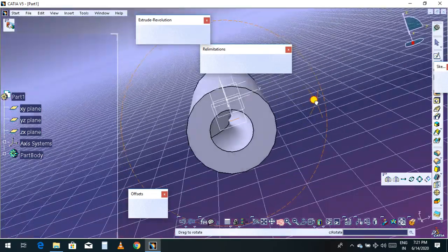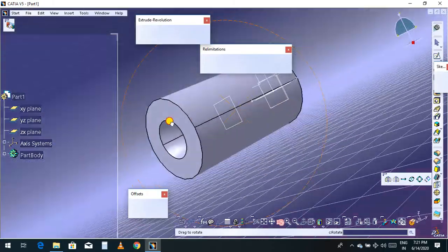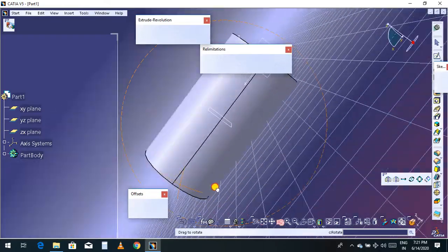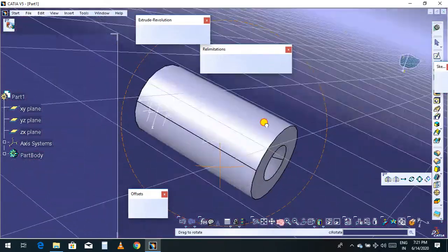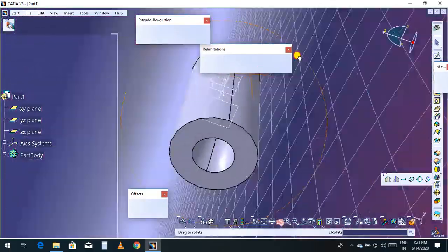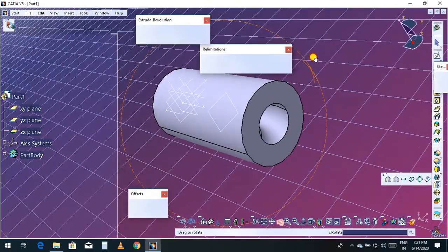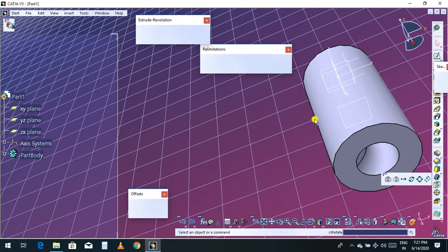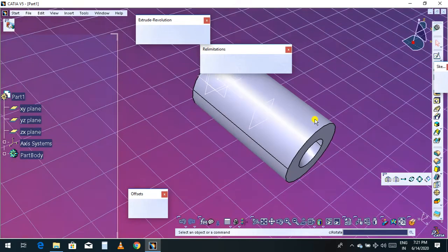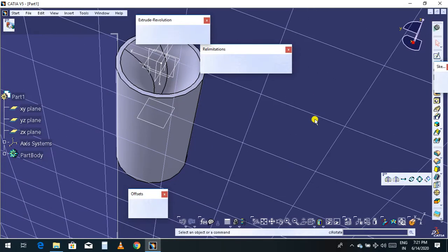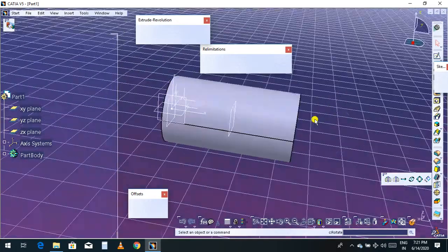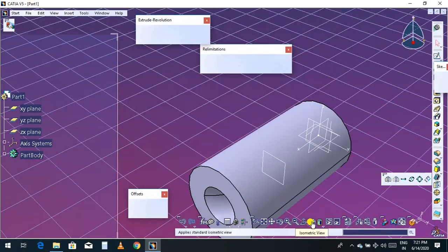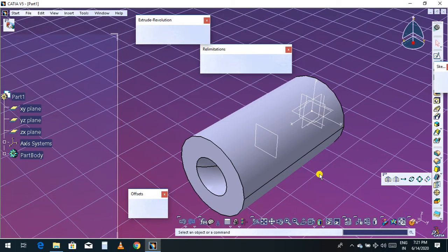Now I have removed the material based on the path, the spline which I have given. Based on the requirement we can remove the material. So now you can see, this is called remove material, advanced remove material multi-solid section.